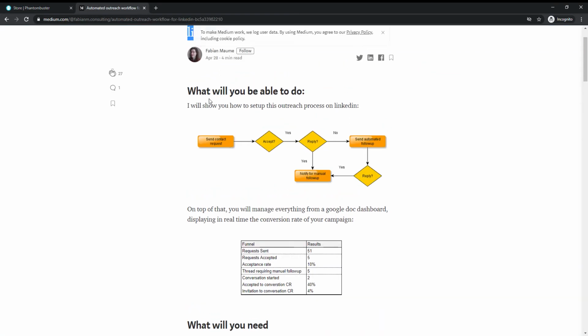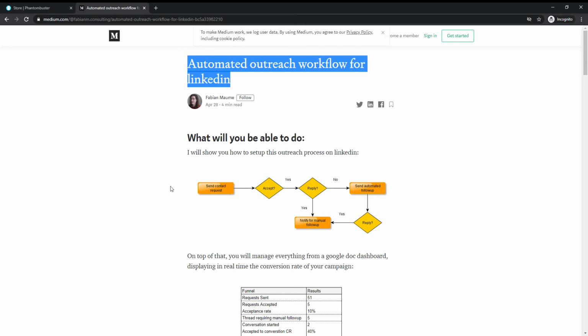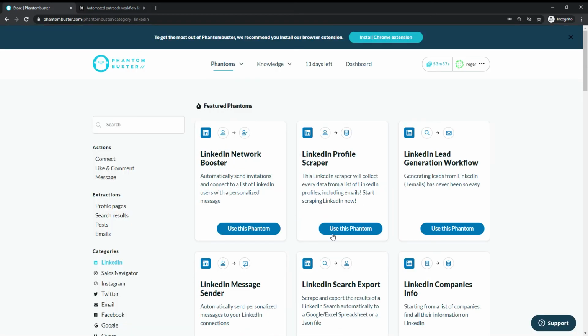For example, in the article which is in the description of this video, I'm explaining how to make outreach on LinkedIn and customize it depending on whether people respond, which requires you to collect the last messages you received on LinkedIn, and this is not part of the standard offering. So in order to do this, you will have to create your own script, which unfortunately is not really a